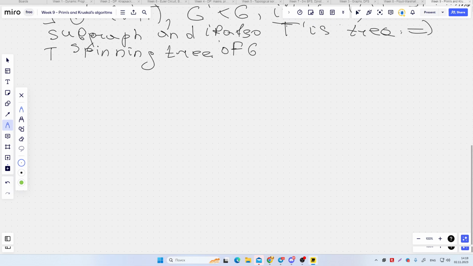And we just notice that T is a subset of edges, and another definition, T is a minimum spanning tree